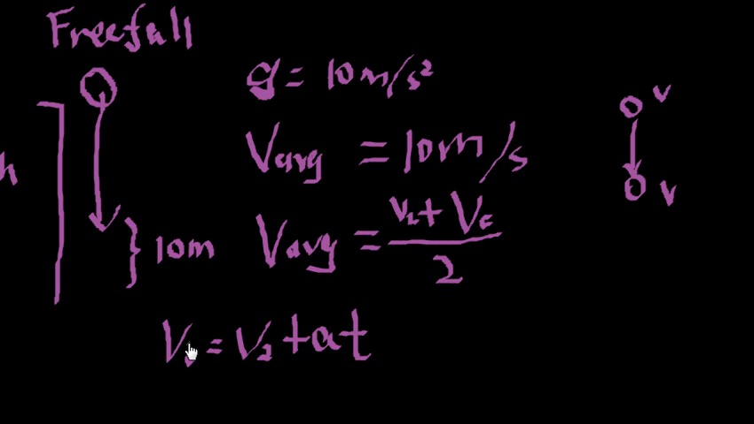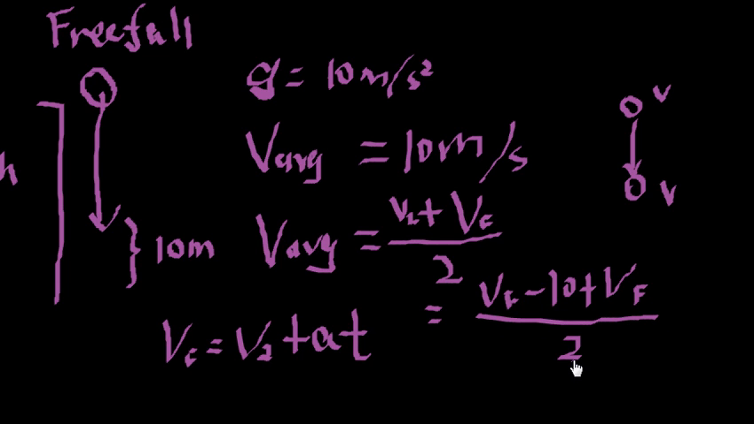So here we can rewrite this as V final minus 10 plus V final, divided by 2. So V average is 10. So 20 equals 2VF minus 10. So 2VF equals